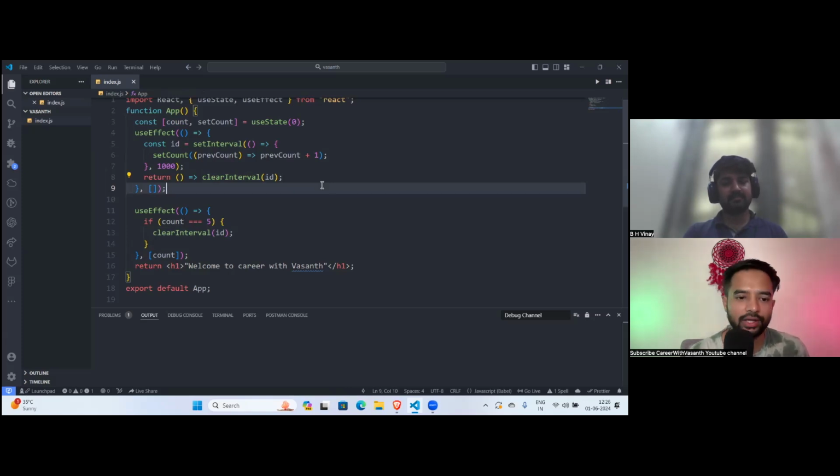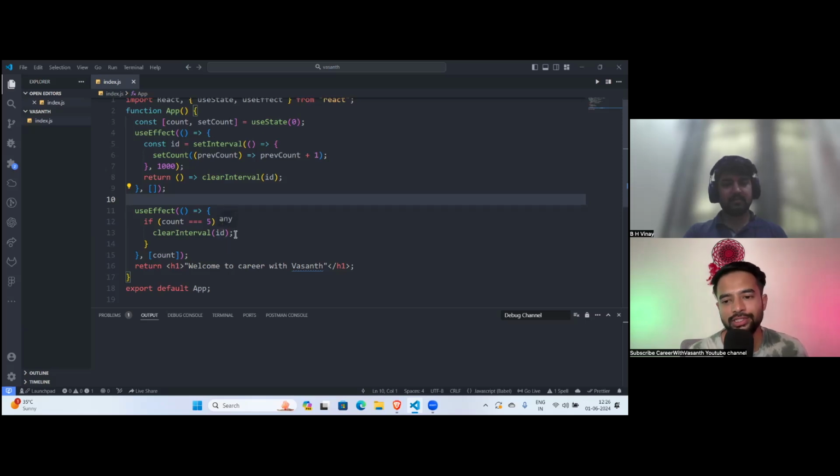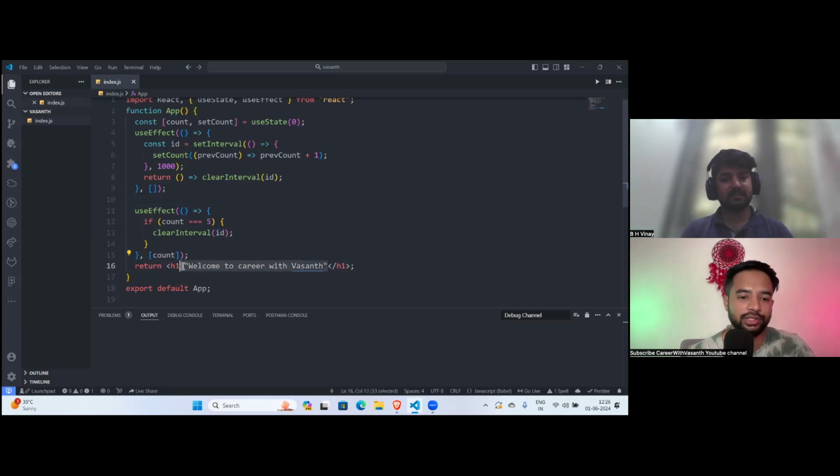Okay. So now first the counter starts getting incremented, correct? In line number 13, you have a clear timeout of ID, correct? Yes. Actual output for this, according to you, Vinay, is what? Line number 16, didn't you put print the value of count here? Put the value of count here.